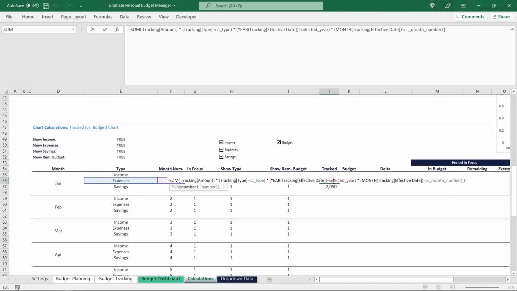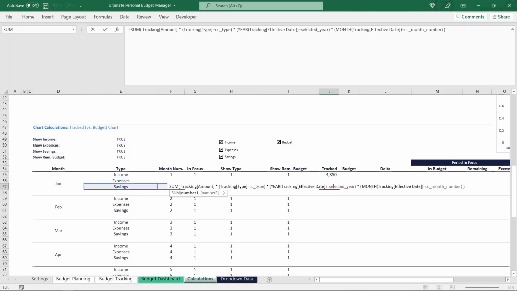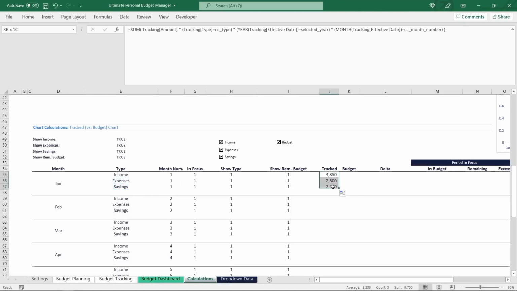as each of them is filtered down to the relevant type of each row. And in the same way, when we now select these 4 cells and push that formula to all the other months, the amounts are filtered down to the respective month numbers and accurately represent the total tracked amounts per type and month. For retrieving the budget values per type and month, let's also take a look at what we have